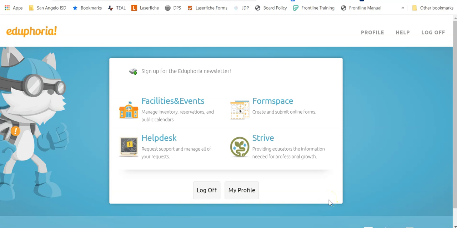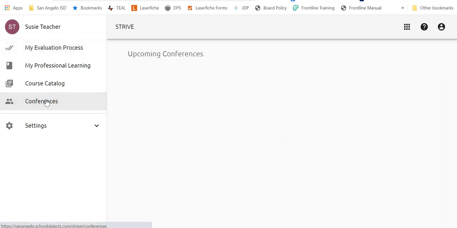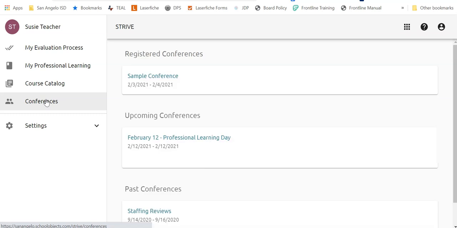Let's take a look at the presenter view for conferences. So the first thing you'll do, of course, is log into Eduphoria and then click Strive. From here, on the left-hand side, you'll click Conferences. And then you'll see in upcoming conferences or under registered conferences, if you're registered for it, the February 12th Professional